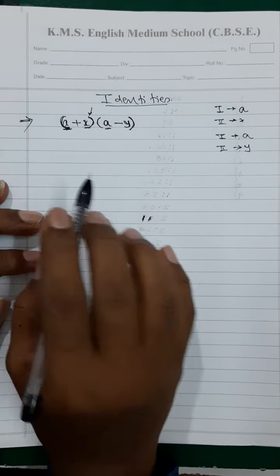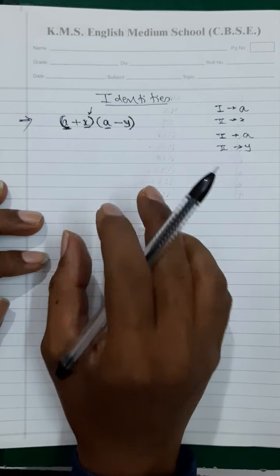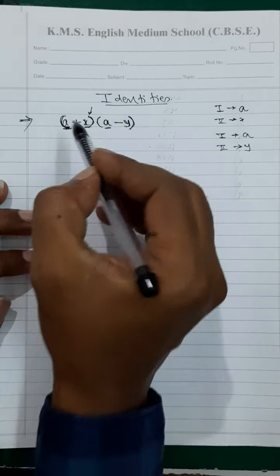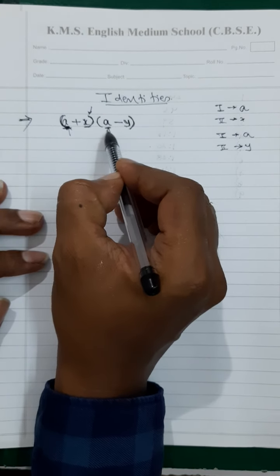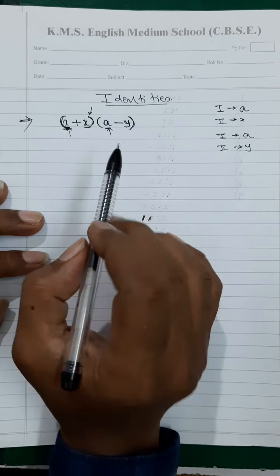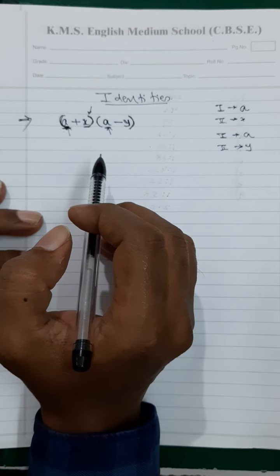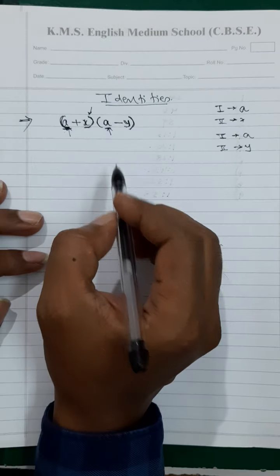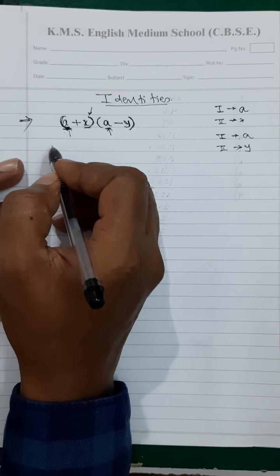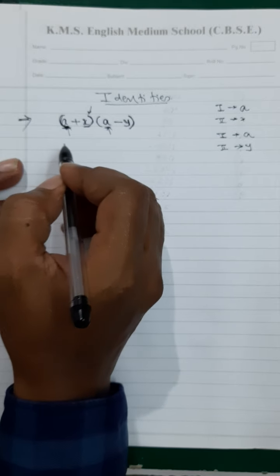Fine. So this is a type of question where two brackets are multiplying. See, my dear student, this is a type of multiplication where two brackets are multiplying and the first terms of both the brackets are same, not the second term. Are you getting? First terms of the brackets are same. Then this identity is applicable, which I am going to teach you now. In this case, what happens? Basically you are going to multiply the brackets. First, I will give you the identity.